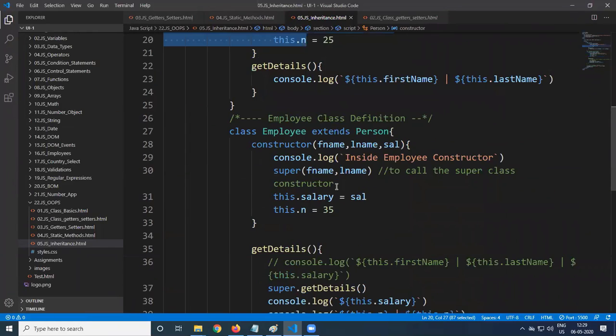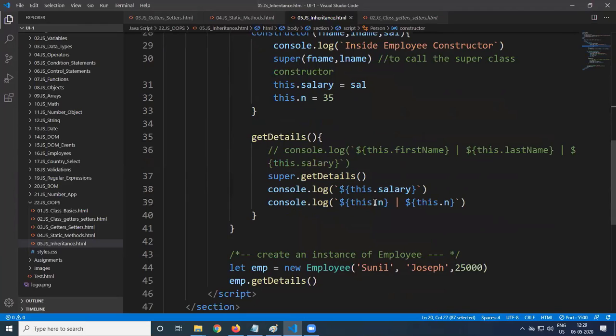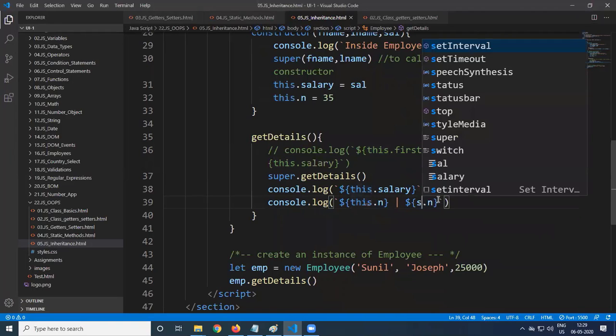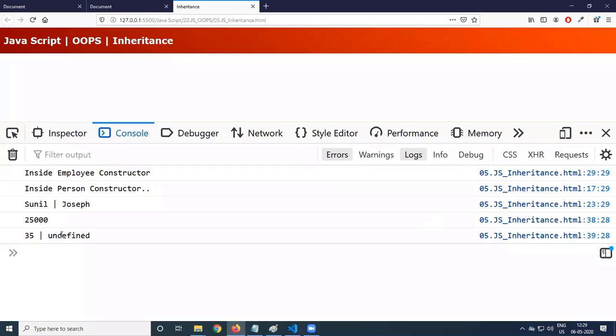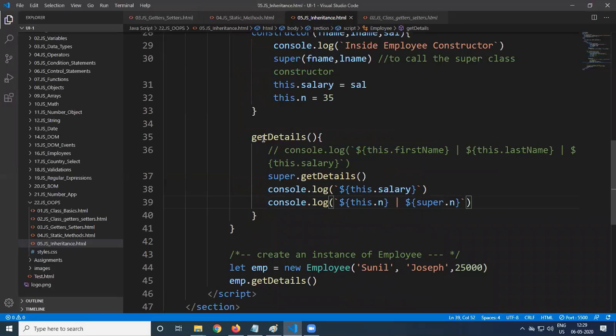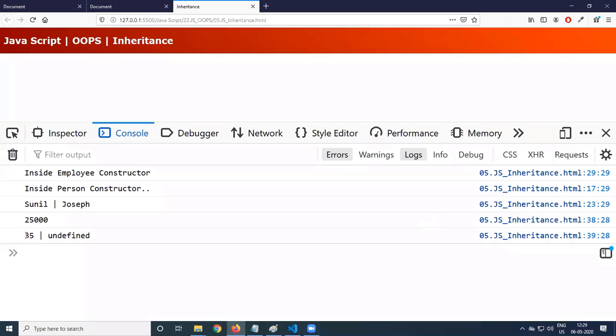So altogether 5 properties. If you set this.n, it is getting this n only. But now I'll say super.n. This.n as well as super.n, what is coming? Undefined. So overriding of methods is happening, but not of properties. Super.n, so n is being replaced with 35.